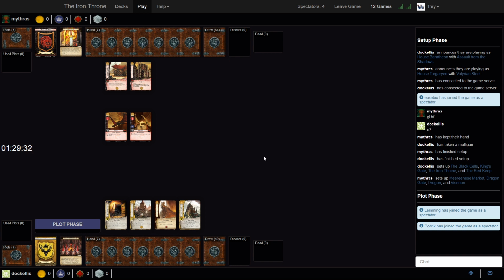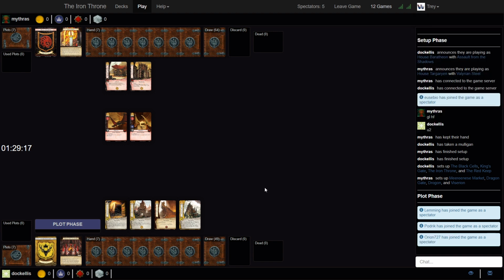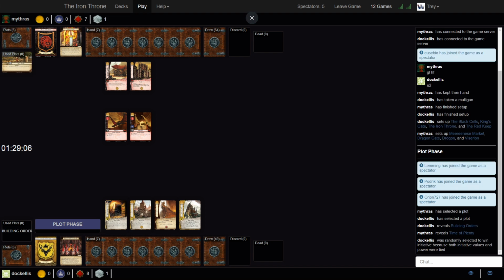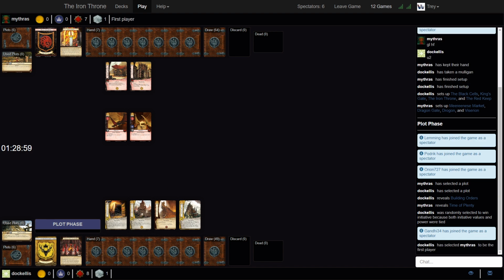All right. Karsten kept. Alex mulliganed. In the end, 3, 5, 8. It's an 8-card setup. I mean, 8 gold setup. So not terrible. And we're going building orders into time of plenty. Don't know exactly what Alex is looking for here, but